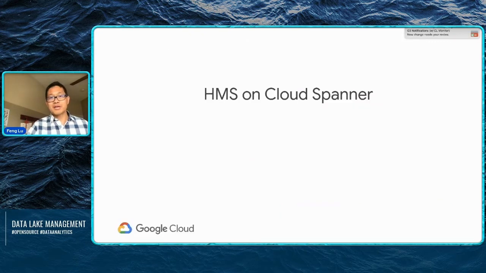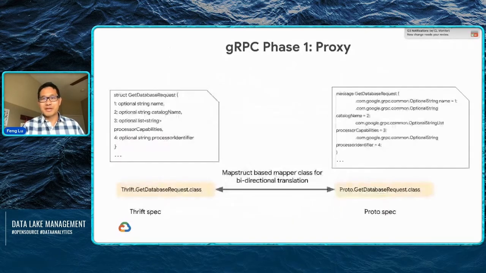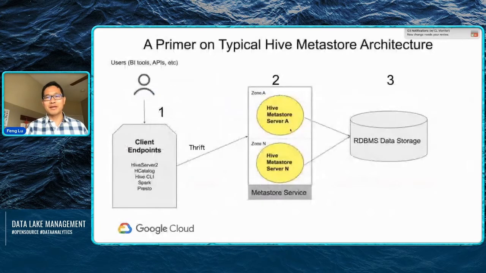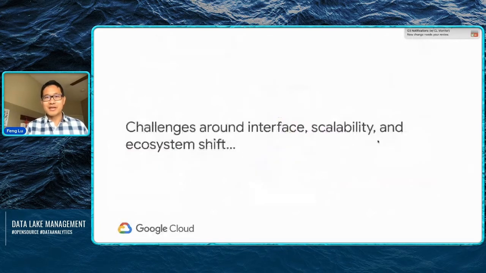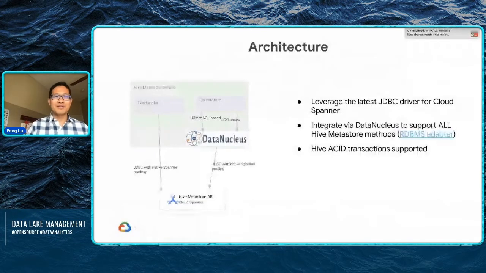The next one is really talking about how we build HMS on Cloud Spanner to solve the scalability problem for Hive Metastore. As of today, going back a few slides, we showed a simple, direct link from the Metastore to the backend database. In fact, a lot of that simple connection is expanded somewhat like this. So the way the database is used in the Hive Metastore